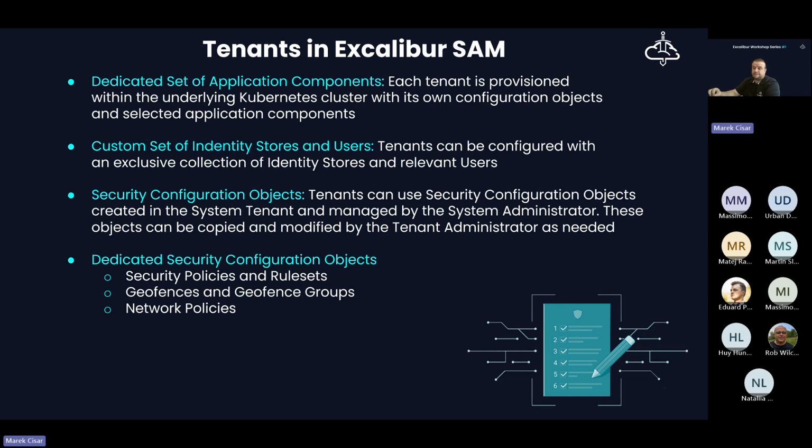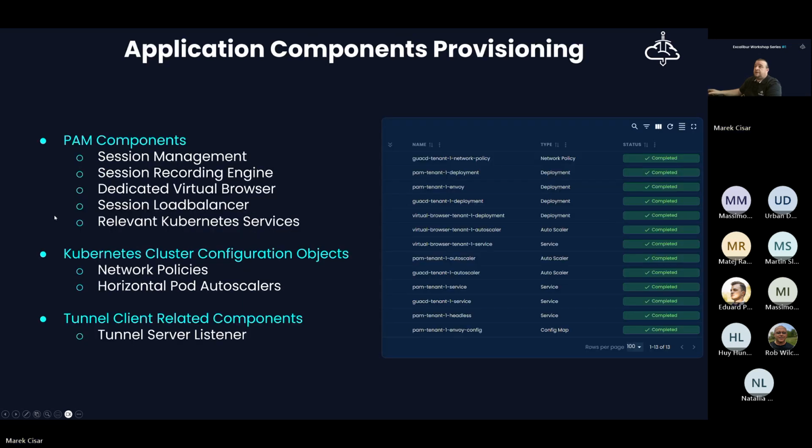Network policies are a little bit different setting, but I will talk about them later, and there will also be a demo related to network policies, so we can deep dive into them then.